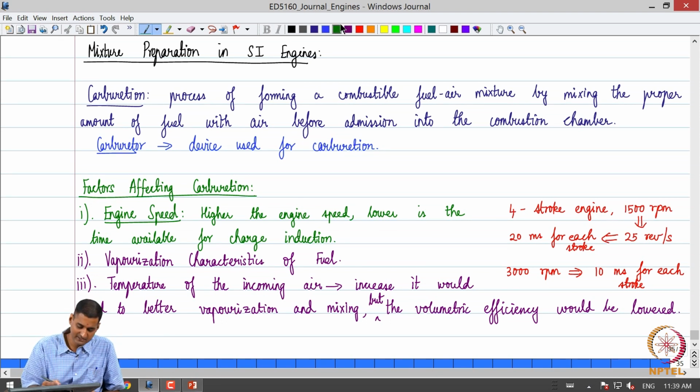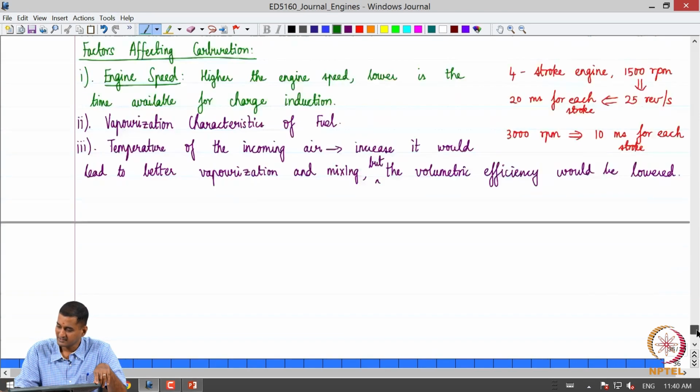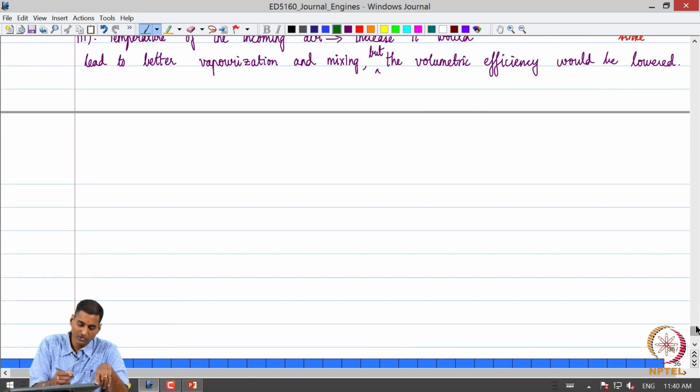So when we look at this one as well, of course, the design of the device itself plays a big role, as we will see. Depending on various philosophies and methods, the actual instrument or device itself is designed carefully. So that's something we will look at as we go along.